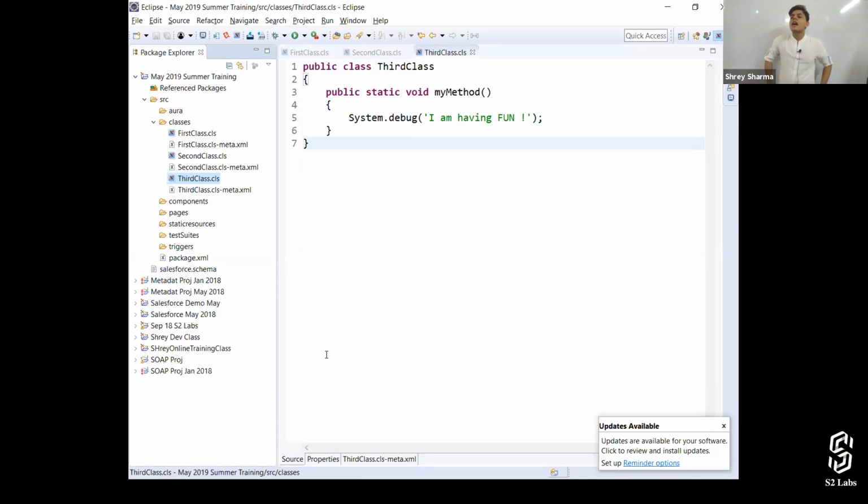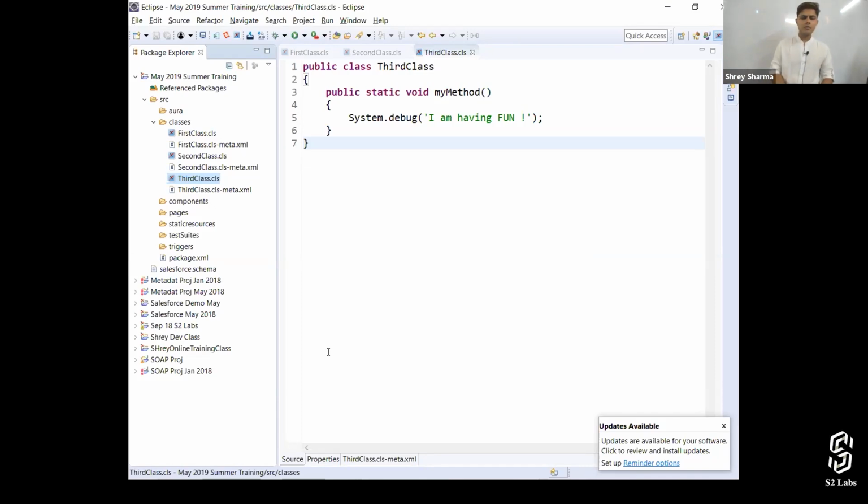Now let me tell you one more thing. As Salesforce is a multi-tenant environment, there are API usage limits. So the more times you hit save, that API usage counts, right? Those limits get counted. So in order to reduce that, we use Eclipse, because when we are saving again and again, it is only getting saved to our local system. Only when we save it to the server does the API usage get counted. So these are some reasons. But most of the time, the developer console is more than sufficient.